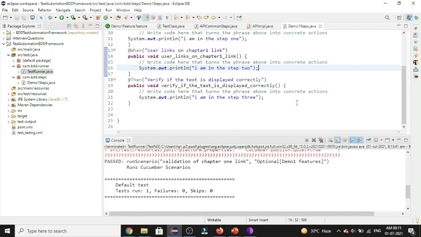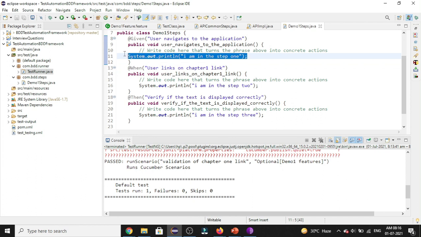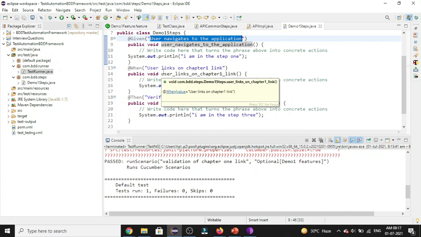So this is how we create a step definition file and implement the test steps we write in the feature file using Cucumber. And if you observe the comment here, which is created by the Cucumber by default, it is showing us write the code here that turns the phrase above into concrete actions. For time being, we have written the print statement, but actually what we need to do in the step definition file is write the Java code that turns this phrase into concrete actions. So in the coming up videos, let's see how to write the Java code that turns this particular phrase into the actual actions. So that's it for this video, guys.